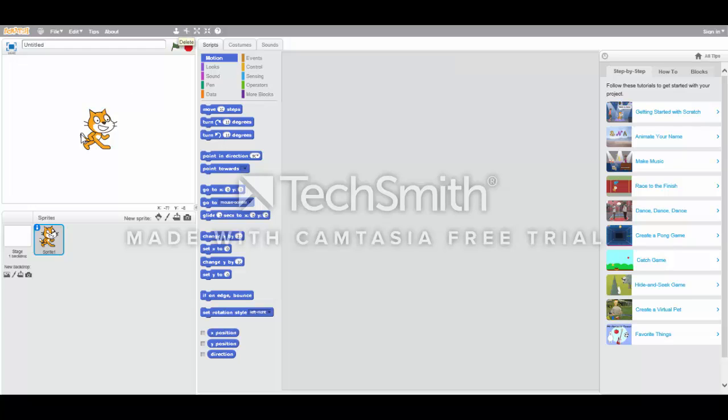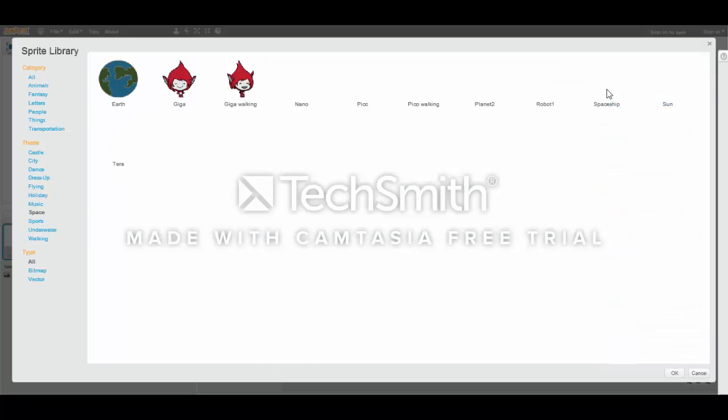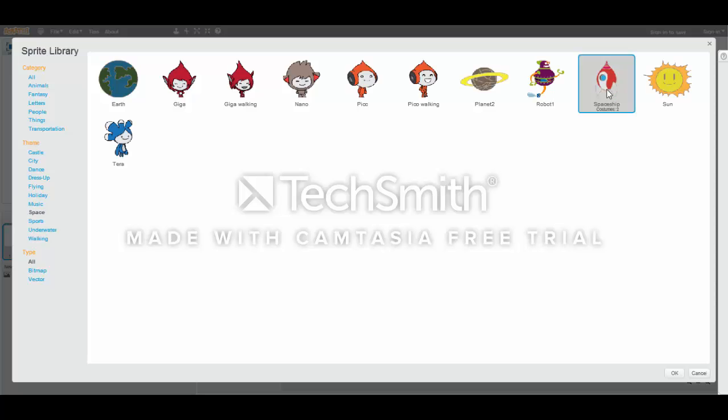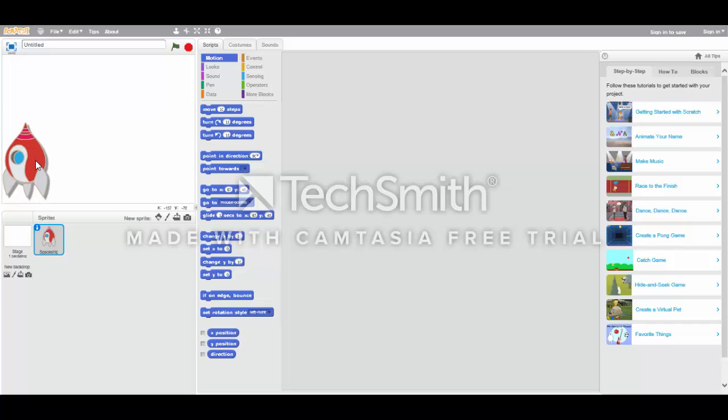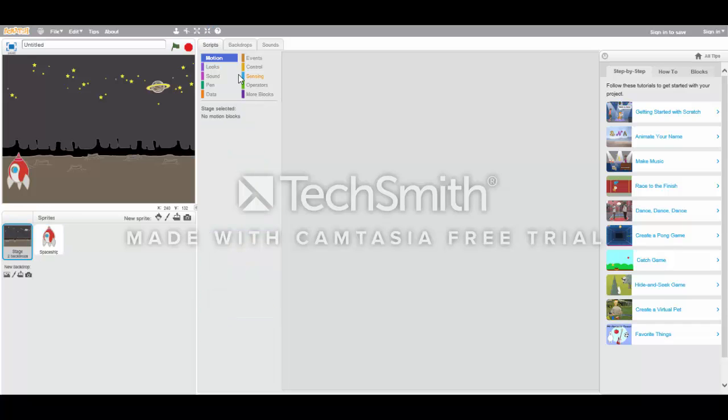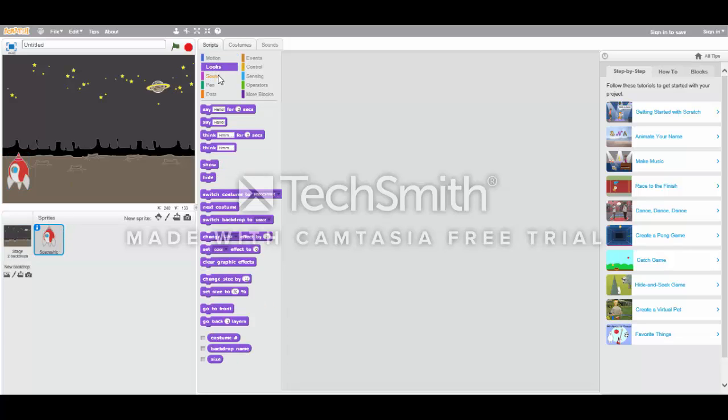So basically, the activity in the unit plan involves students exploring the program Scratch. The students will be given a problem of how to make a rocket ship move to a planet, and then the lessons have been designed to help the students solve this problem by exploring the coding of movement, events, looks,